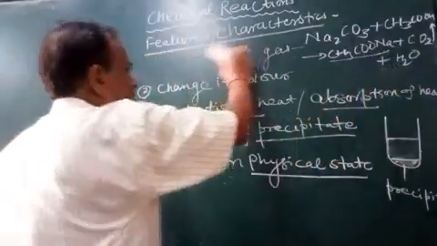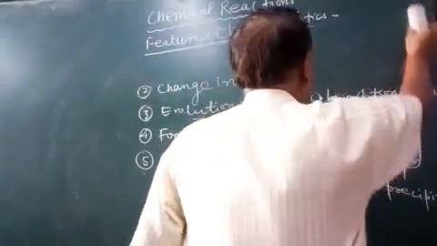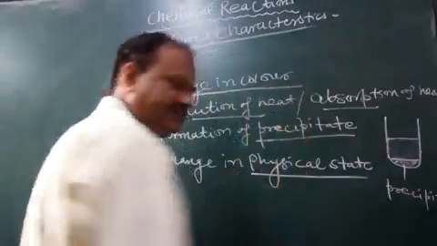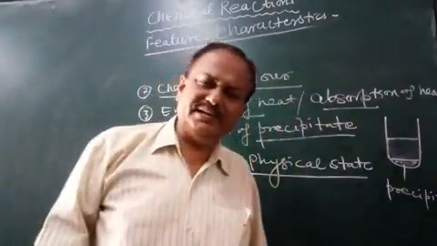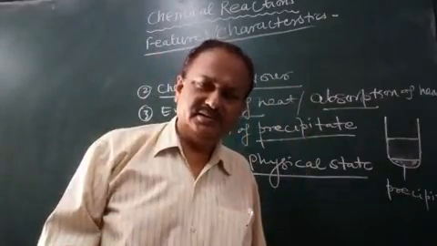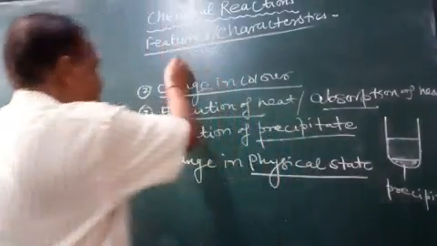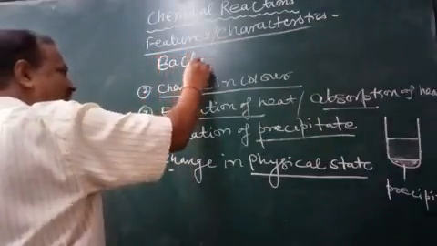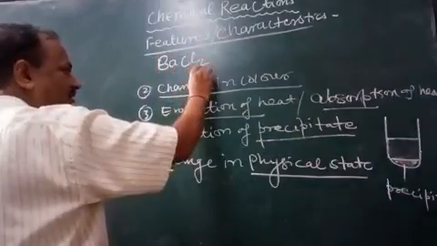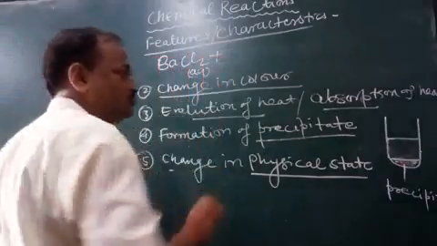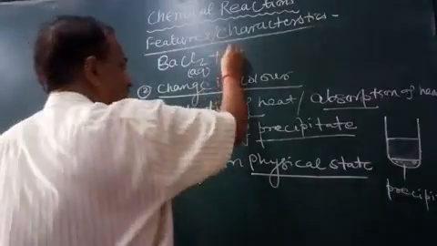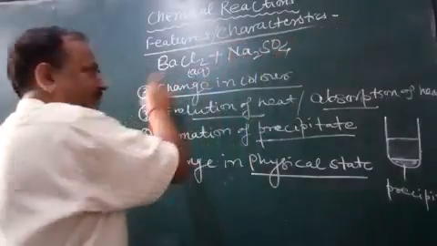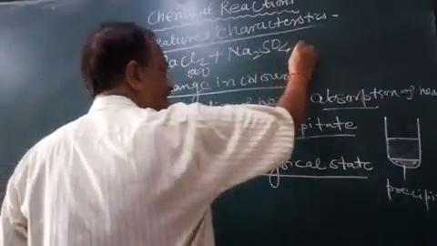Now coming to the second, change in color. So any reaction can be taken having change in color. Now this BaCl2 aqueous, meaning solution in water, plus Na2SO4. This is barium chloride, this is sodium sulfate,